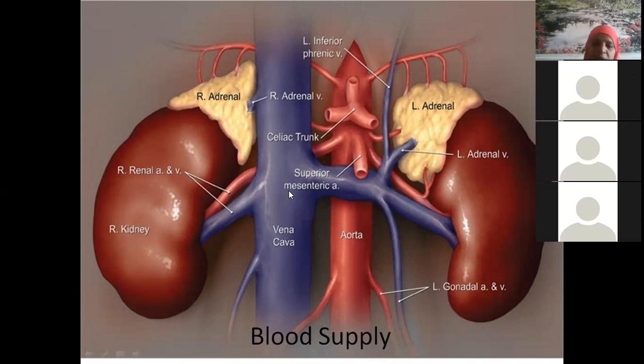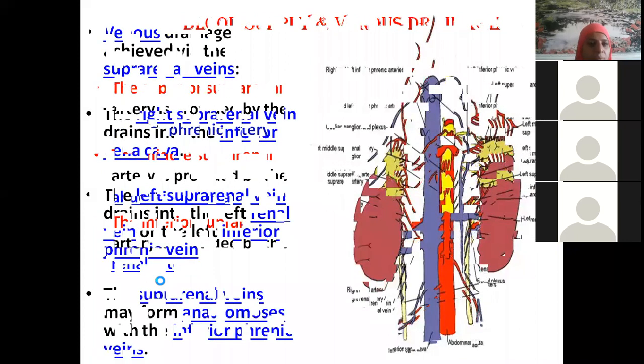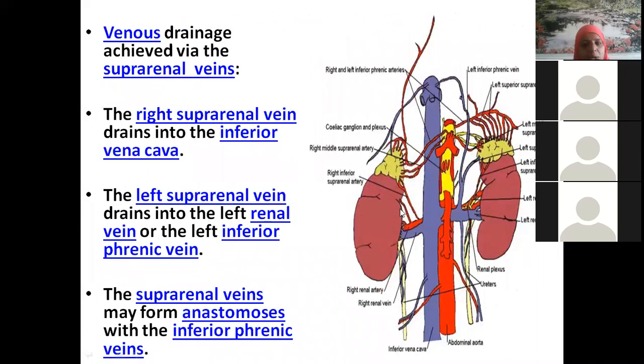Blood supply of the suprarenal gland itself can be a 3 marks question. As such, the adrenal or suprarenal gland may come as a 5 marks or sometimes an essay question also. So whatever we have discussed from that picture is written here. The superior suprarenal artery is a branch of the inferior phrenic, the middle is a direct branch from the abdominal aorta, and the inferior is a branch of the renal artery. And we know the venous drainage. The right suprarenal vein drains directly into the inferior vena cava. The left vein drains first into the left renal vein, and then into the inferior vena cava.